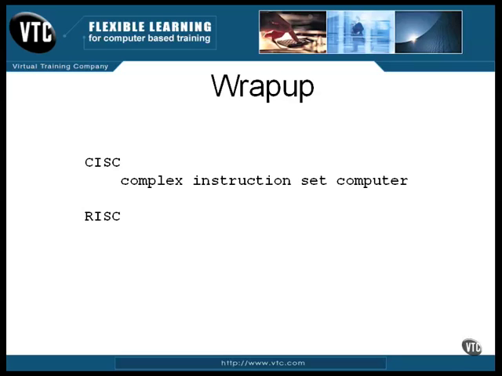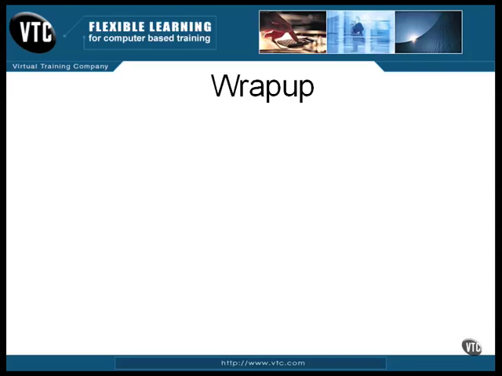The other choice, and one that many computers use, is RISC, a reduced instruction set computer. With a RISC machine, more software instructions are required to get a job done, so the emphasis is more on the software. I'm not going to discuss the advantages or disadvantages of each approach, but you should be aware of the fact that a fully functional computer can be implemented with only a few